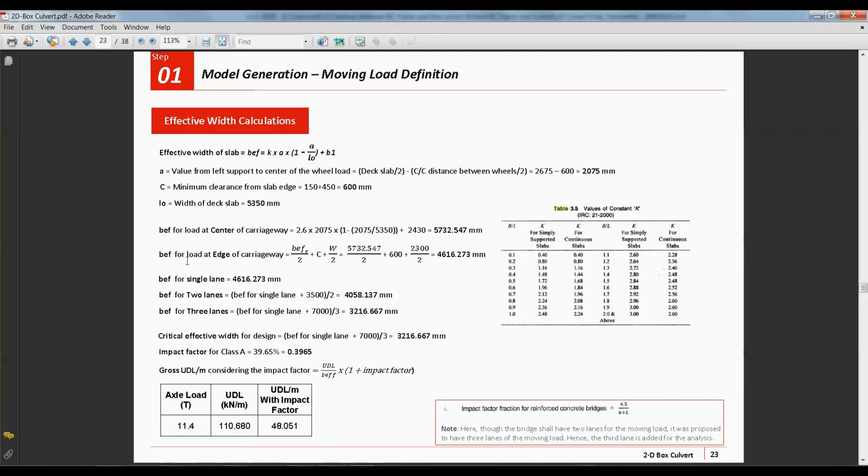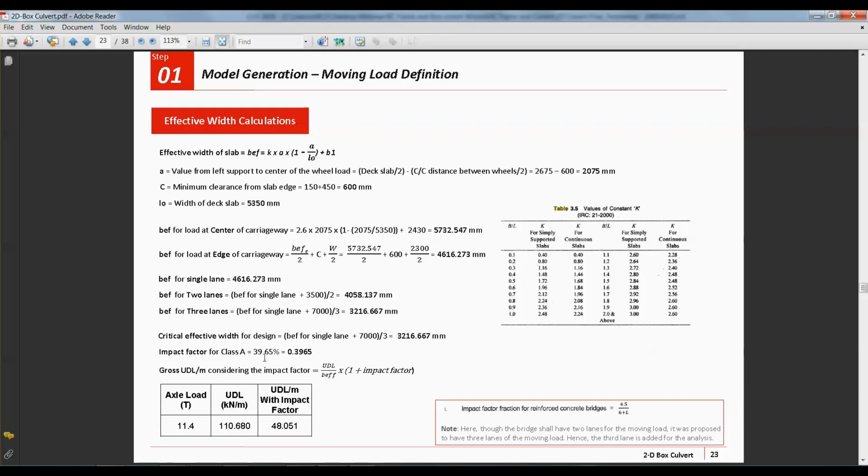Effective width shall be taken as the minimum of all three, whatever values we get for effective width for single lane, two lanes or three lanes. For three lanes we have got 3216 mm. So the critical width would be 3216 mm only and not the 4616, since it should be the minimum of them. I have considered this 3216.